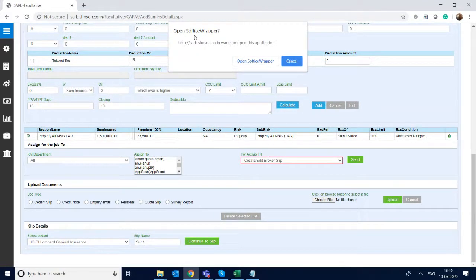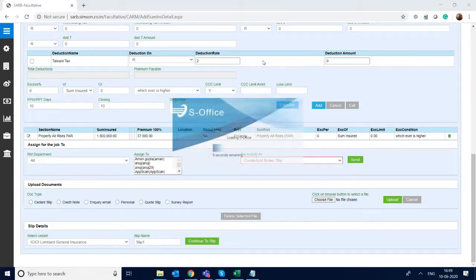now system asking to open up S Office wrapper, which is a program which interacts between Sarba Online and Microsoft Word installed on your machine.